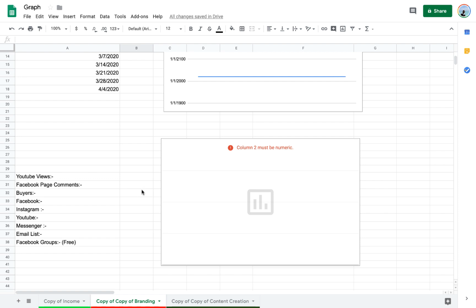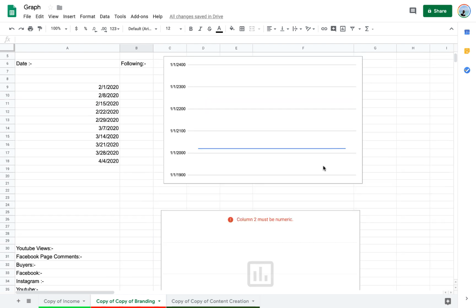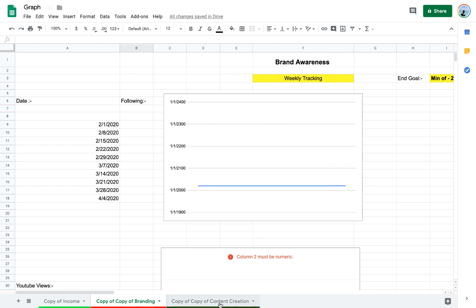And something you can add over here is page comments. Page comments is who left comments on your Facebook page. Buyers, new customers, Facebook follow. And the way you check your Facebook following is you go to friends. Okay, you look at the number of friends you have on there, and then you look at the following, and then you add these both. So that's going to give you the accurate following on Facebook. You got Instagram, you got YouTube, Messenger. Same thing with the graph, right? The moment it starts dropping, you can go have a look.